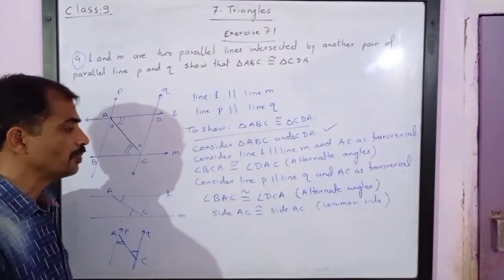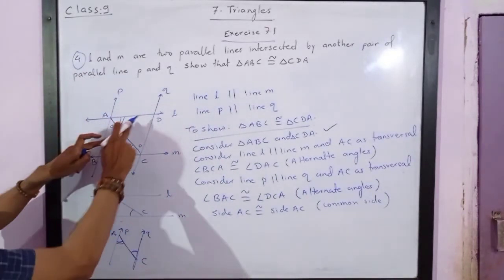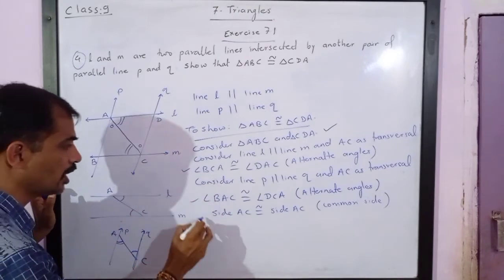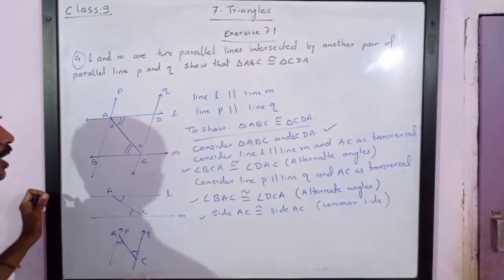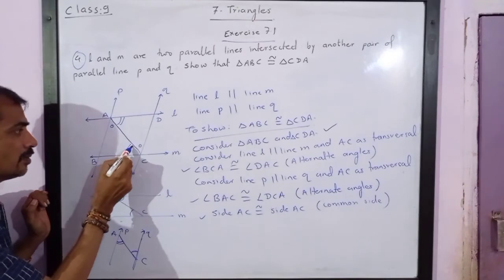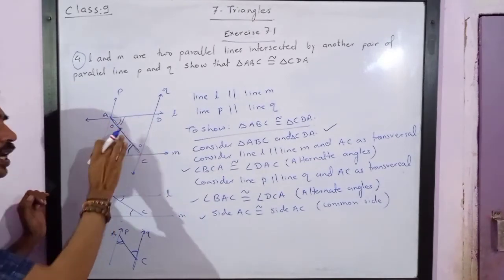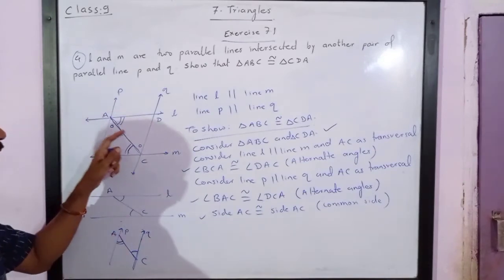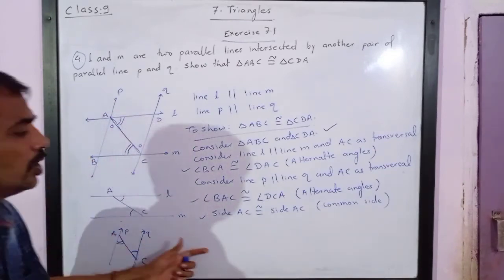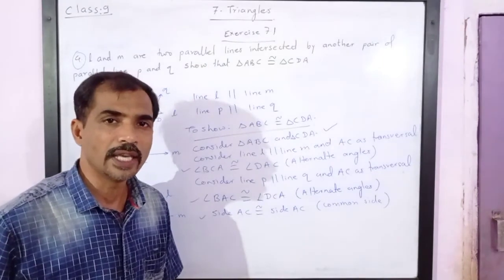Now watch carefully. Here we have got this triangle is congruent to this triangle because two angles are congruent and one of the side is congruent. But please note, two angles and included side is congruent. It means the two triangles are congruent by ASA test.